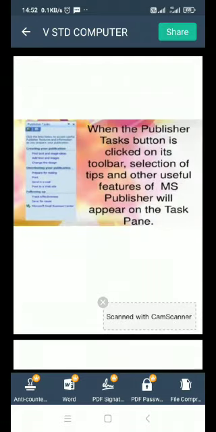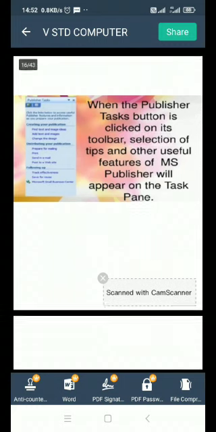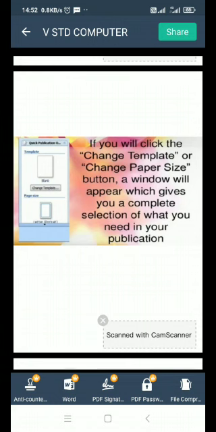When the publisher's task button is clicked on its toolbar, selections of tips and other useful features of MS Publisher will appear on the task pane. And if you click the change template or change paper size button, a window will appear which gives you a complete selection of what you need in your publication.